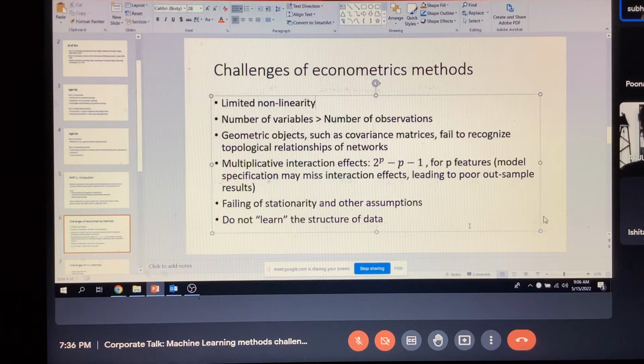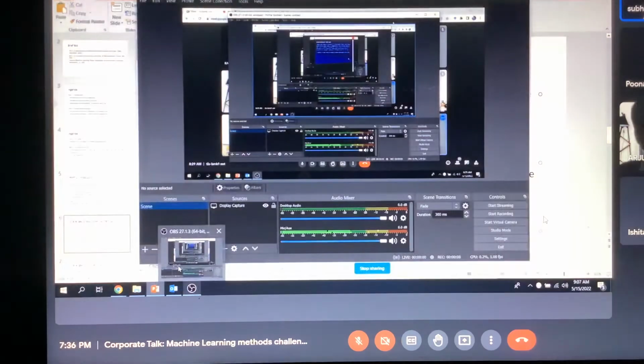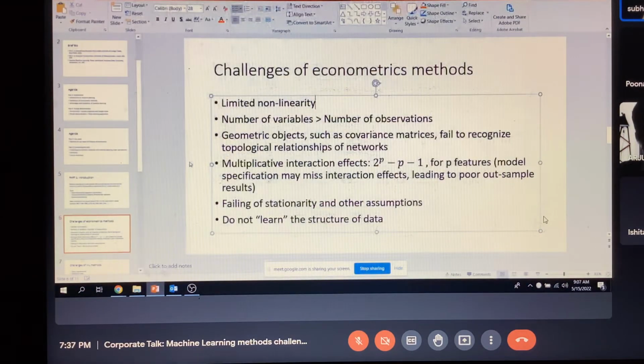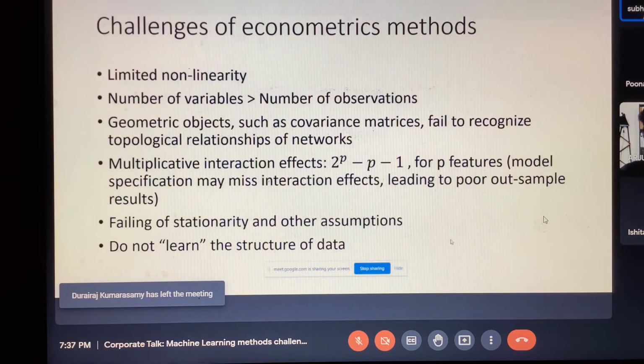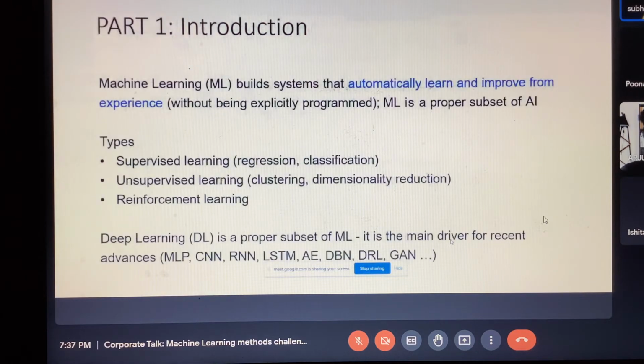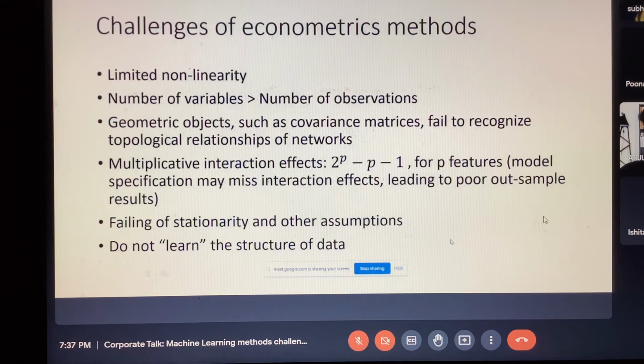I guess I was sharing the slide, but I was not sharing my whole screen. I probably shared only one tab, and that is why the issue. I apologize for missing out. Is this clear? Just a second, let me check. Am I sharing? Is this visible? Yes, sir, it's visible. Okay. So I move on. Let me put it on full screen mode here. Once again, did the slide change? Yes, sir. Okay. Thank you.